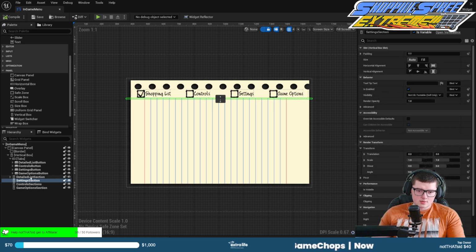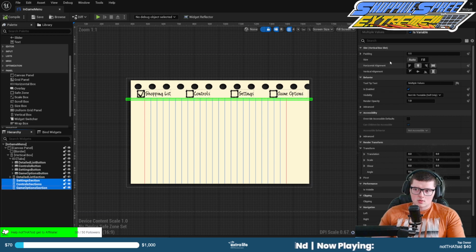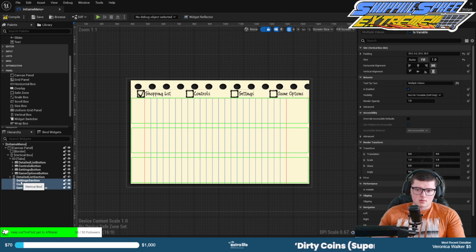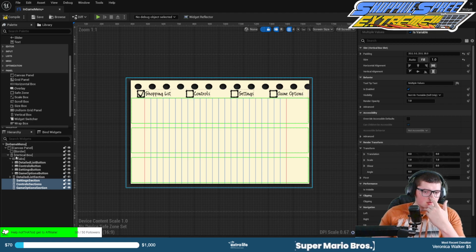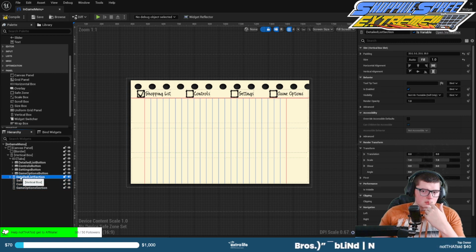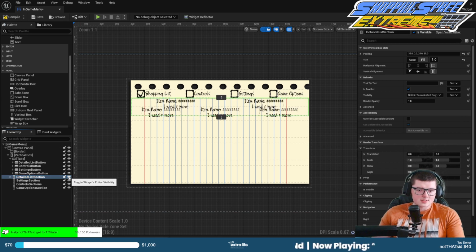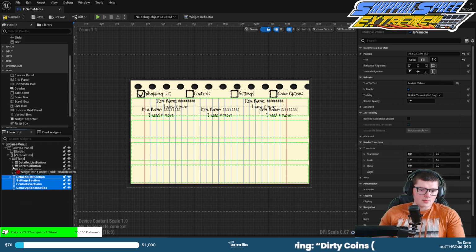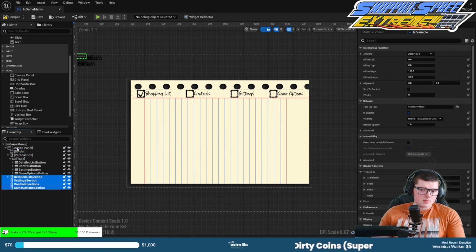So can I copy it from this one? I can. Look at that. All these, paste, and fill. Oh no! Wait, that's not what we want. If I open this back up now, it's all messed up. So let's take these four, move them back out to the canvas panel,